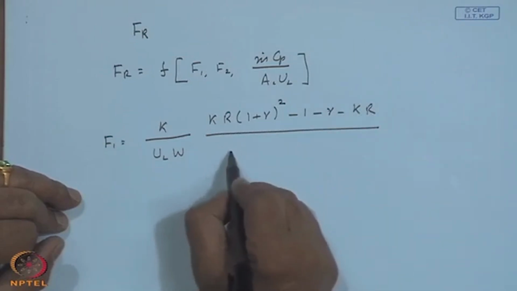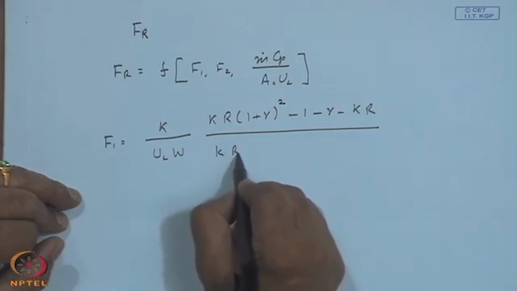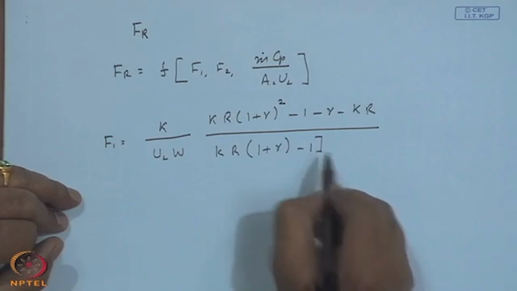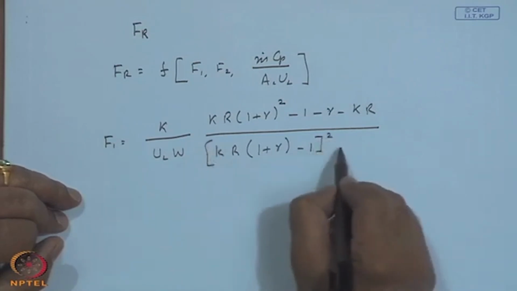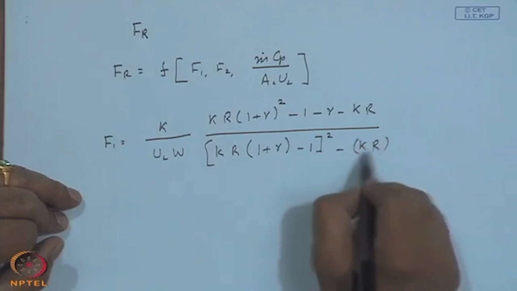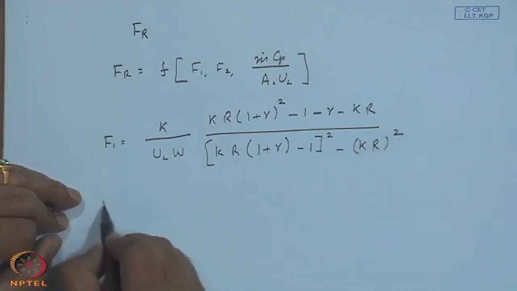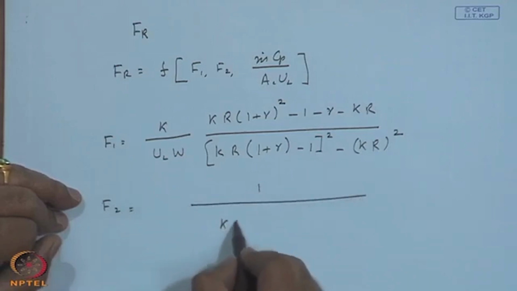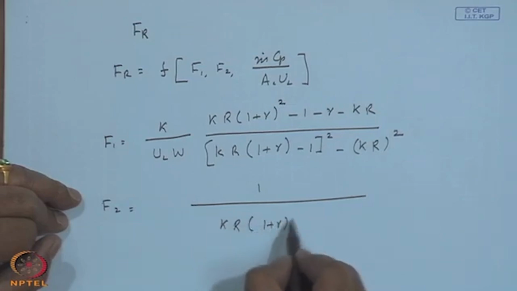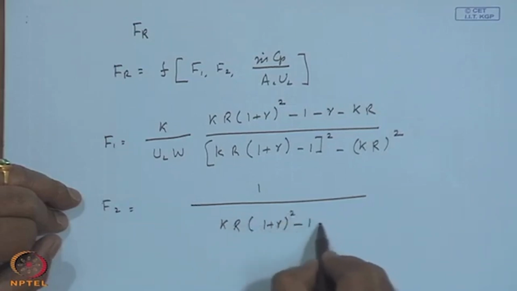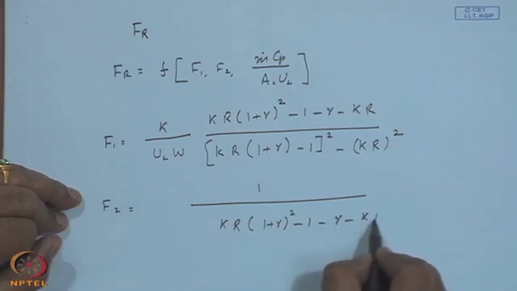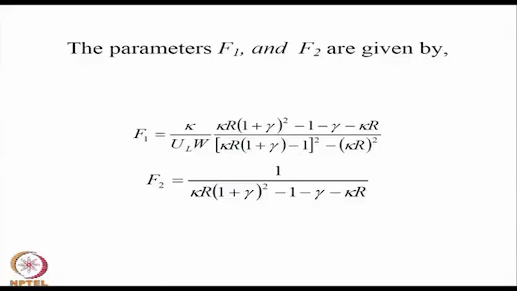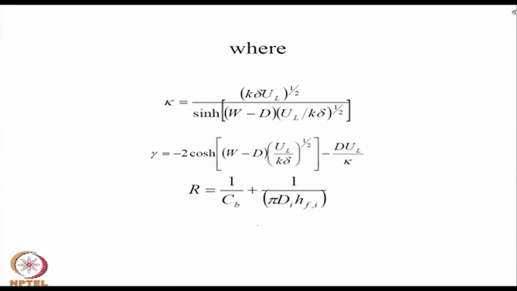upon K R into 1 plus gamma minus 1 whole squared minus kappa R square, and the other parameter F2 is 1 by kappa R, 1 plus gamma whole squared minus 1 minus gamma minus kappa R. I hope I have put the notation here. Yes, where